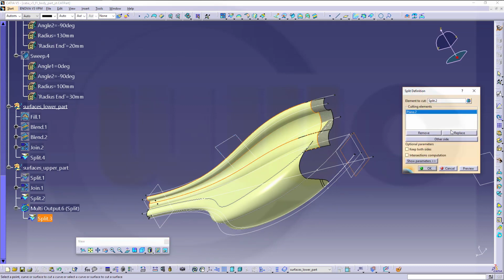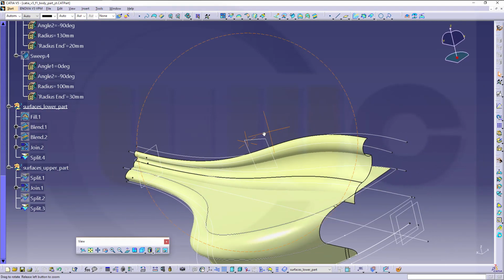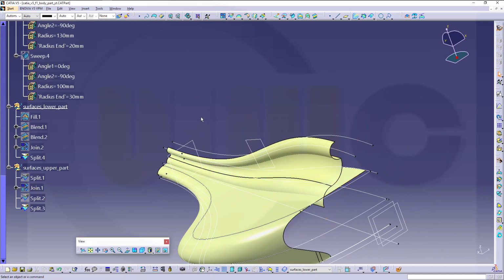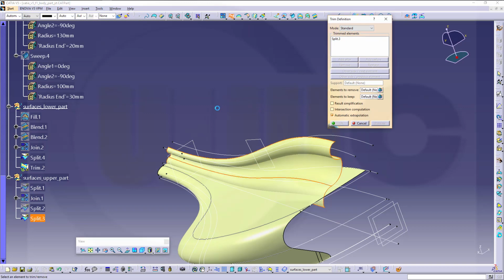Split, replace it with this plane, whatever you want. Now trim those two. So go for a trim, and I want to trim not pieces but standard, this one with that one,